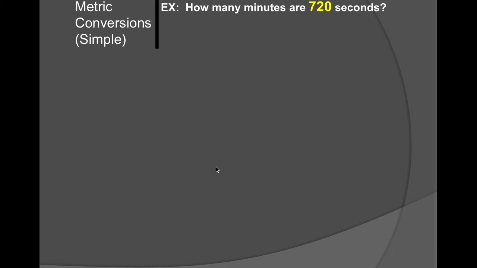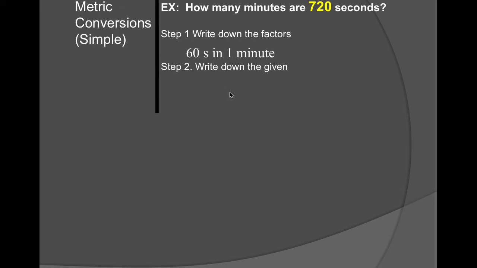Okay, so metric conversions. If I were to ask you how many minutes are 720 seconds, you would first want to write down the factors. So we know that there are 60 seconds in every minute. Step 2 is that you're going to write down the given, which is 720 seconds. Put up your little cross,